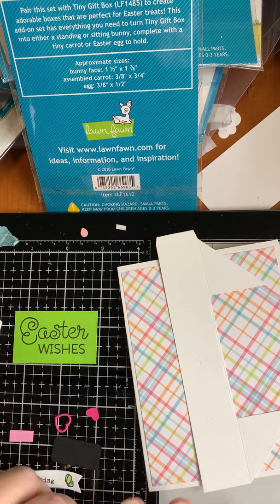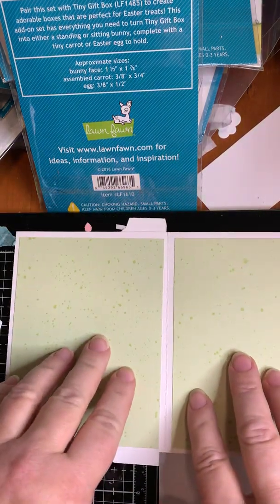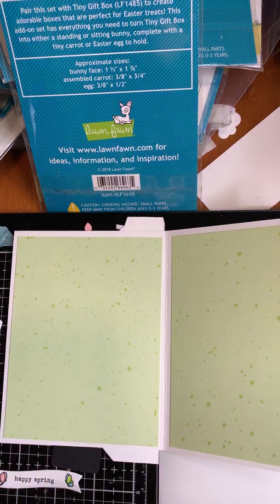So here's my little box inserts if I want to use them. I cut, my thought on this was that this kind of mimicked grass, and that's where you'd find a bunny, sitting in the grass. So I cut some of the little celebration things here, the little squigglies, out of green, thinking they could represent grass tendrils. And so we'll use those inside the box for decoration. So this will be an even more decorated box than what you've seen before. But again, a pretty plain card